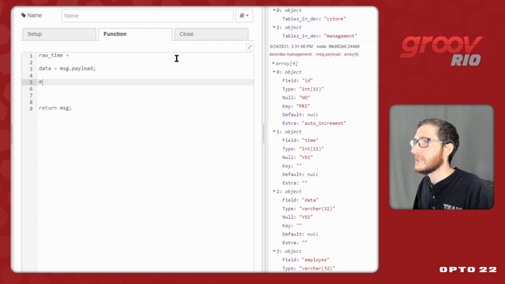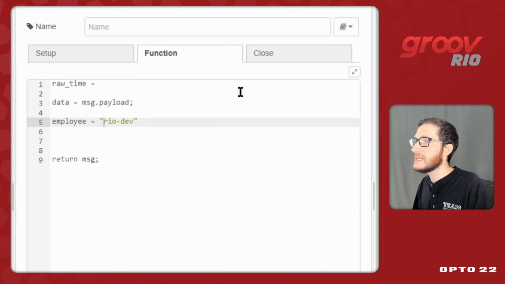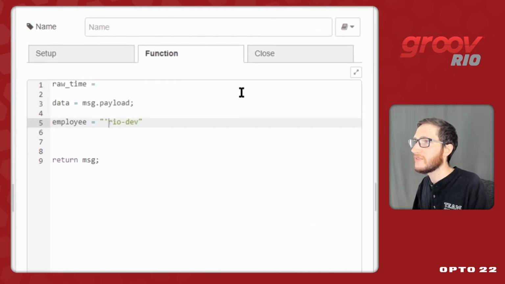And we're also going to need the employee. And that, in this case, is just going to be RIO dev, the host name of this device. But you could change that to be whatever you needed. One other quirk is that because these are character sets, I do need to have single ticks inside of those